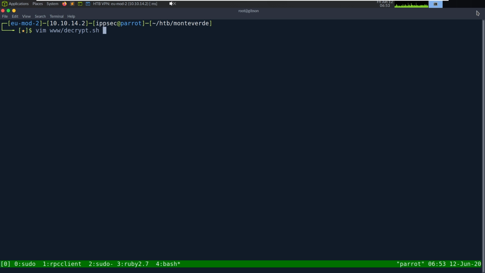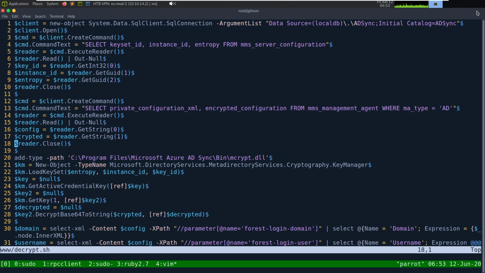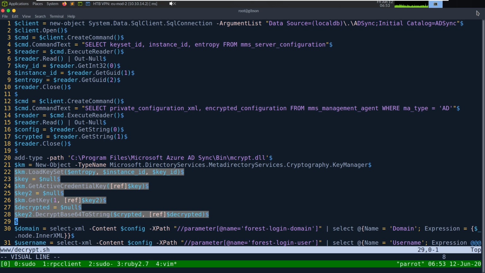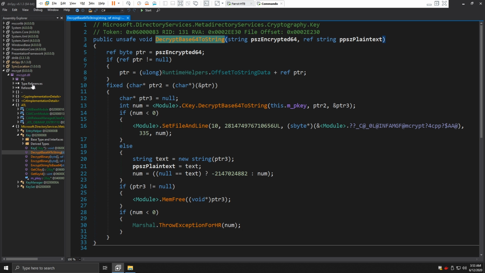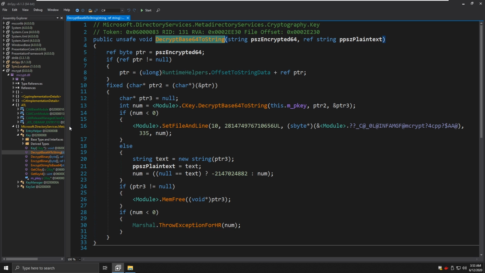www.decrypt. We'll do sh so we have the syntax highlighting. So the very first thing we do is load key set, get active credential key, get key, and decrypt. So we're in Microsoft Directory Service Metadata Services Cryptography Key Manager. So let's go back over to here, mcrypt,